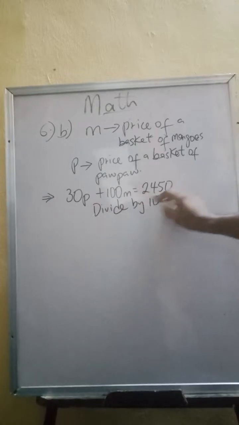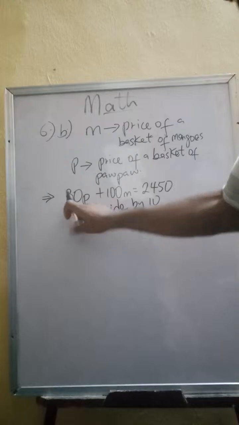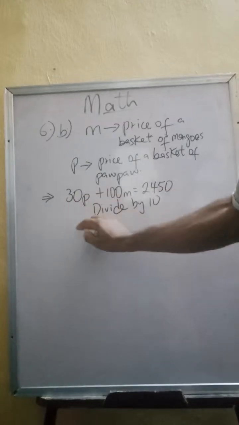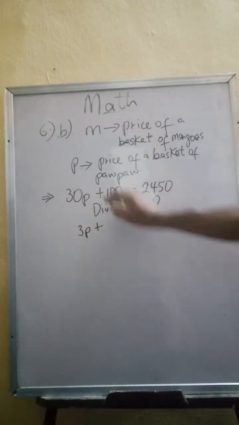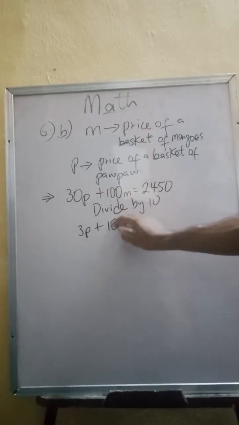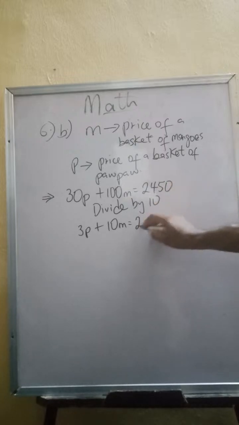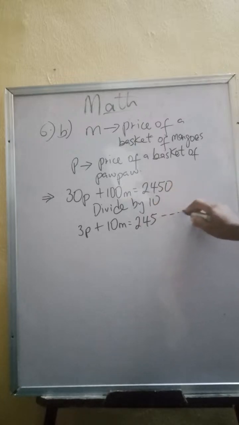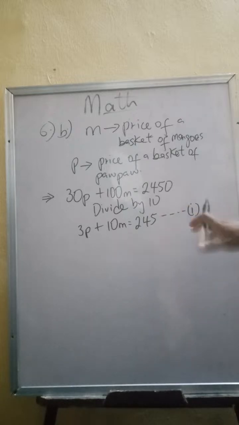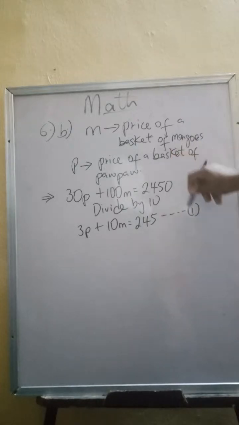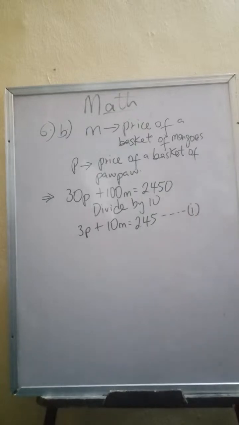by 10, that gives you 30p divided by 10 gives you 3p, and 100m divided by 10 gives you 10m. Divide 2,450 by 10, the 0 cancels out. Then you can call it equation 1. However, if I'd called this equation 1 and then this equation 2, it's still okay. Okay, so the next statement